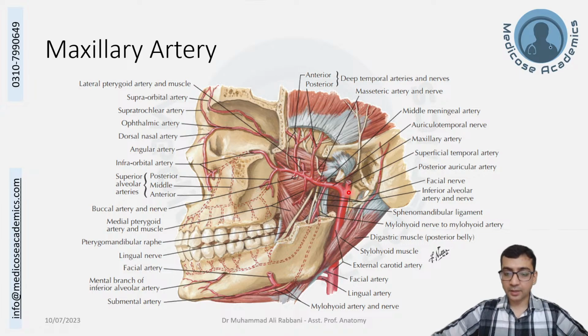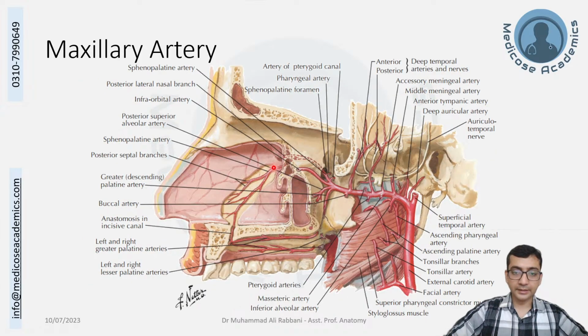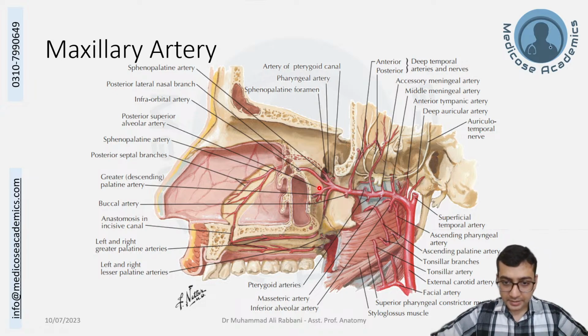So it originates within the substance of the parotid gland as the external carotid artery divides into the superficial temporal and the maxillary arteries. It moves all the way through the infratemporal fossa. It crosses the lateral pterygoid muscle, and then the muscle is removed right here and it enters the pterygopalatine fossa,